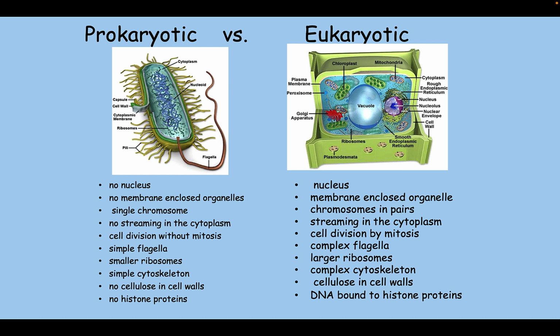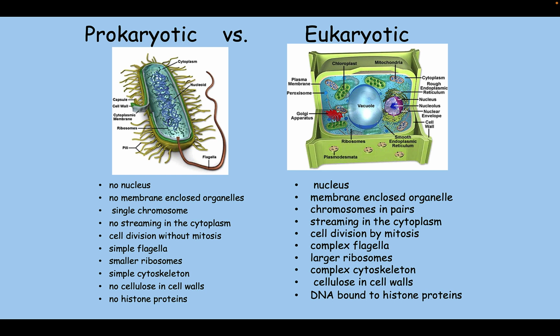They undergo cell division without mitosis. That is, they undergo what we call binary fission. They have very simple flagella, sometimes one, sometimes multiple, but they're very simple. They have smaller ribosomes. They have a very simple cytoskeleton, only to give it form, not to move the cell around. There's no cellulose in the cell wall. Remember, their cell wall is peptidoglycan. And they have no histone proteins that the DNA will wrap itself around. Compare that to the